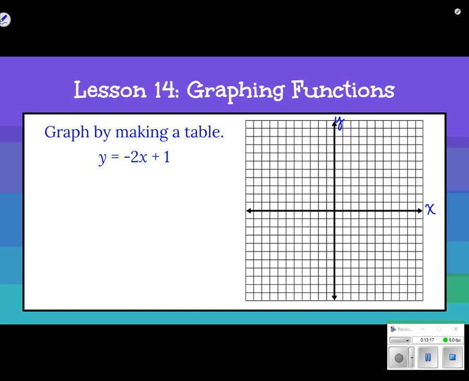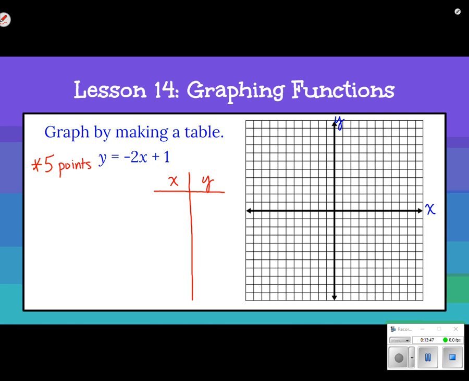Now I know that you know how to graph, or you should be familiar with graphing a line in y equals mx plus b form. That's not the point. The point right now is to get you used to what I'm asking you to do, which is make a table of values. So this kind of goes in with our evaluating functions, where we're going to plug in some things. So we're going to make a table of values. And what I want you to do is I want you to plug in 5 points,